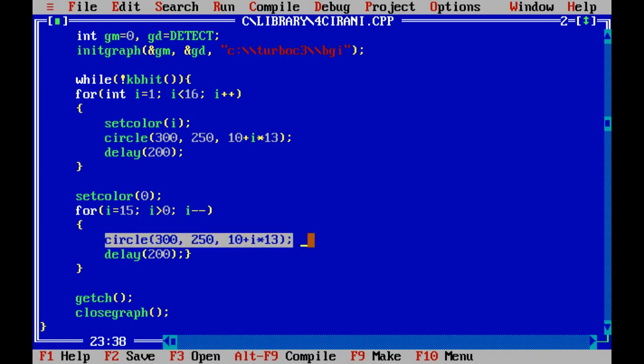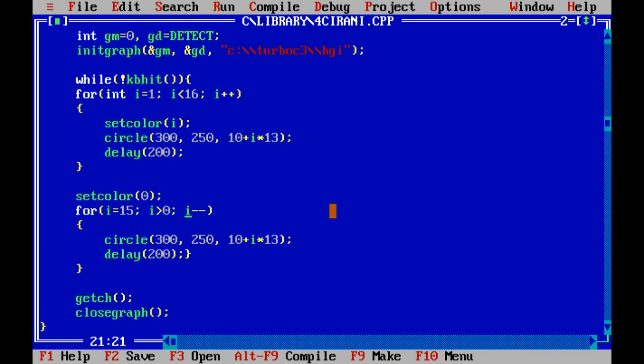This circle is drawn with center 300, 250, and each time the radius is decreased by 13 units, because i is decreased here. Each iteration i is decreased.